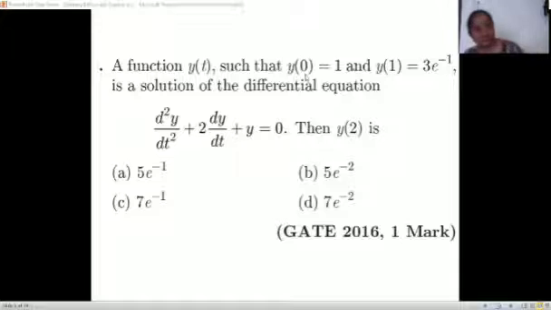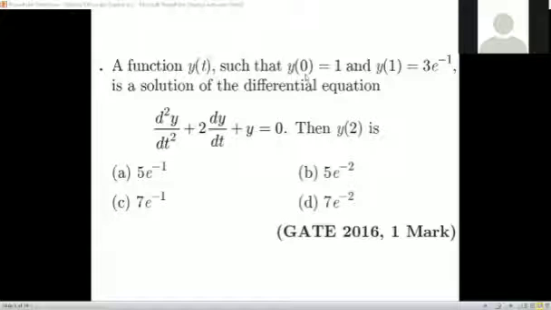Who else can talk? Prajakta? -1 and -1. So how can you write the solution? Aditya, how can you write the solution? Aditya, please talk. How to write the solution if roots are -1, -1? We cannot hear you, Aditya. So anyone else, please tell me if roots are -1, -1, how to write the solution?